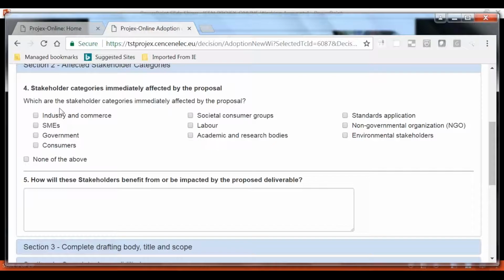And then I can jump into the next section, which is new as well and relates to stakeholder categories impacted by this new proposal. So if this question is relevant, you can choose one or several stakeholders category. For example,